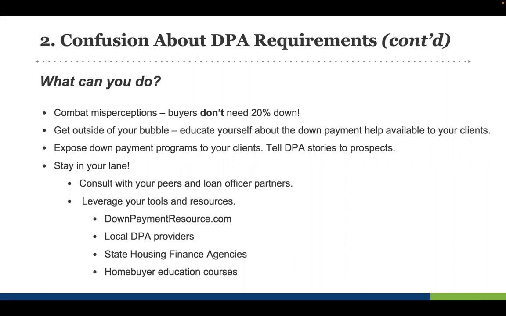In fact, one of our favorite ways of exposing down payment assistance programs to prospective home buyers is through storytelling, telling the story of a buyer that you recently helped. And maybe you can even get permission to use their name or some details about their story. But hey, here's what we did for this buyer. We got them this many dollars. We got them $12,000. They got into their first home, and we can do that for you too. That's a great message. That's a great campaign on social media where you've got a captive audience of aspiring home buyers. Tell them what you just did for their peer.